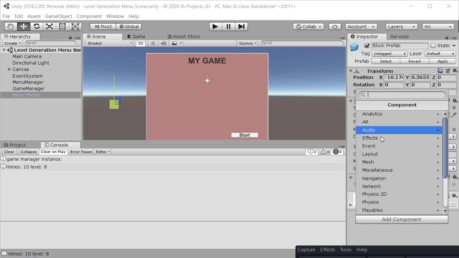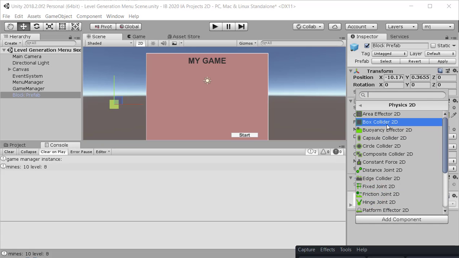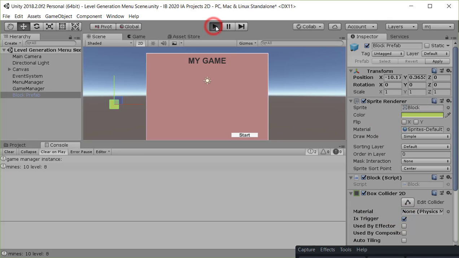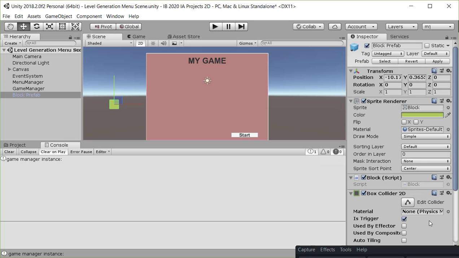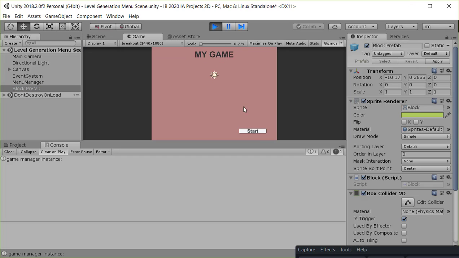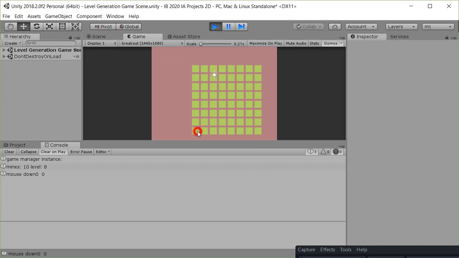has to have a collider. So I'm going to put a collider on it and I'm going to make it a trigger. Okay. So now if I run it, actually I didn't update it. So I need to update this. I may change to this single one, but I need to update to all of them. There it goes. Okay, so now if I play and I click on start and I click on each one,